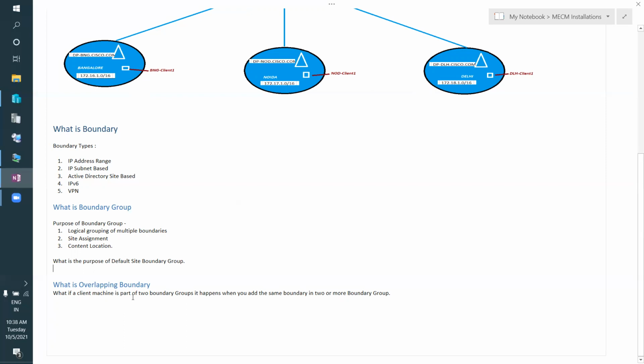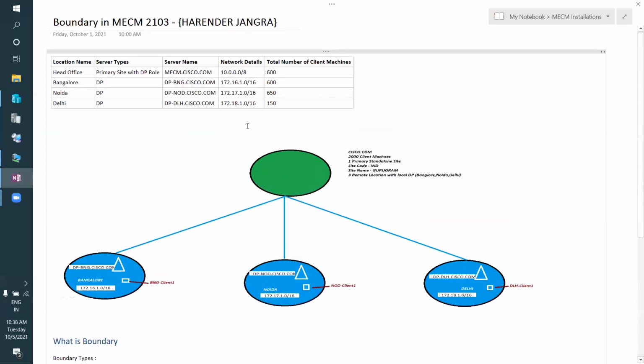There is no specification we can configure, so it depends on your client machine. Your client machine will automatically pick up and assign it, whichever is first, or it will choose randomly. We cannot configure it.